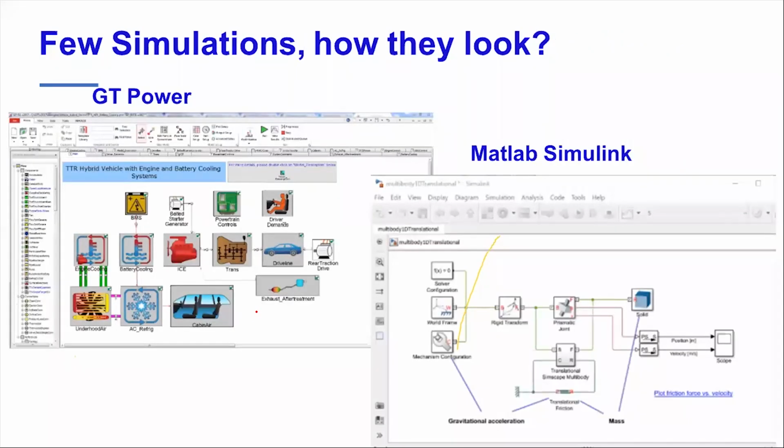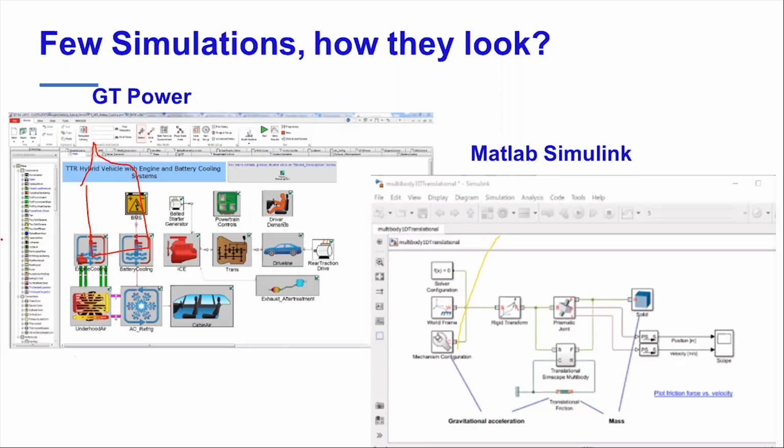And a few simulations I'll just walk through the way they look. So this is GT-Power. This is a 1D simulation. GT has some features to include 3D also, but mostly GT-Power is used for 1D. What 1D means, let's take an example of a spring. You apply a force on the spring and it displaces. Are you really taking care of how the material is distributed along the spring cross section? Not really. You're just trying to model it as a kind of rigid bar on which you apply a force and it deflects. That's kind of 1D modeling.